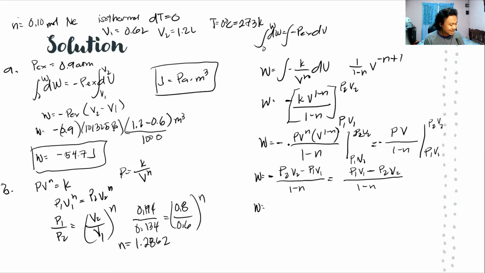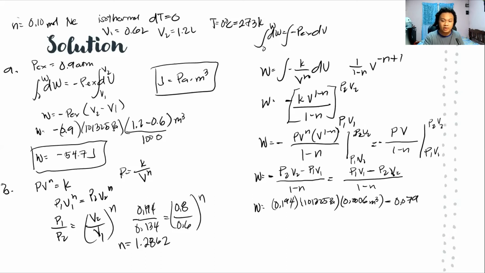So how do we get this? Let's take 0.194 times 101,325. That's the Pascal. And then we have our V. Let's just divide it by 1000. So we'll get 0.0006 cubic meter